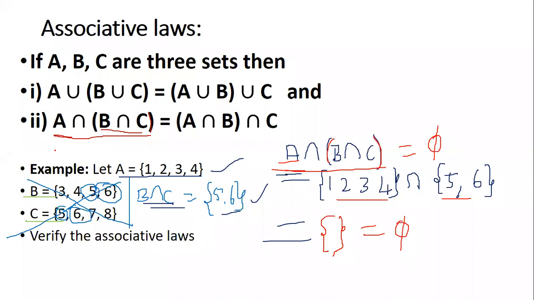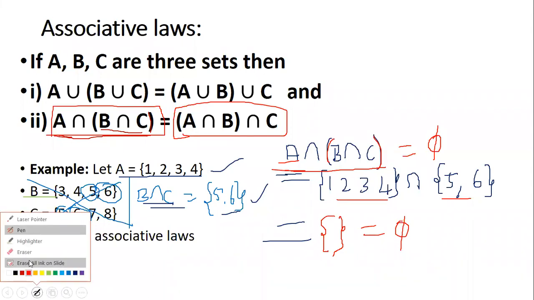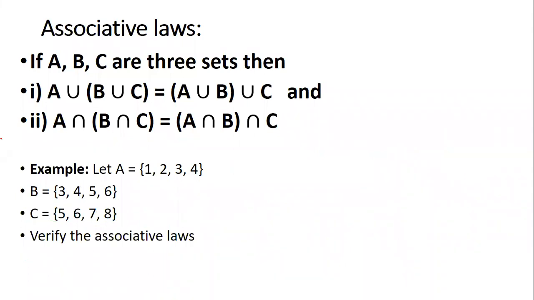Okay. Now, so that was only your first part. First part of associative law. Now we have another part of associative law where the brackets are towards A intersection B. Now, since you have understood the first part, now answer for the second part. Now, first, which are the two sets I should consider first? For A intersection B intersection C, first I should consider A and B.